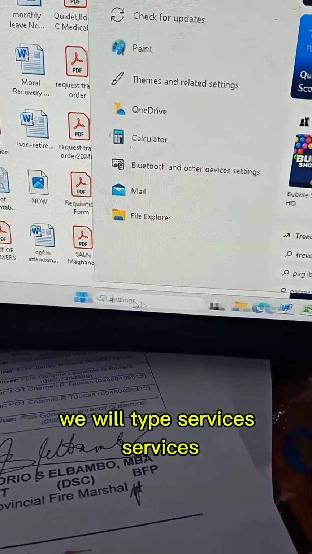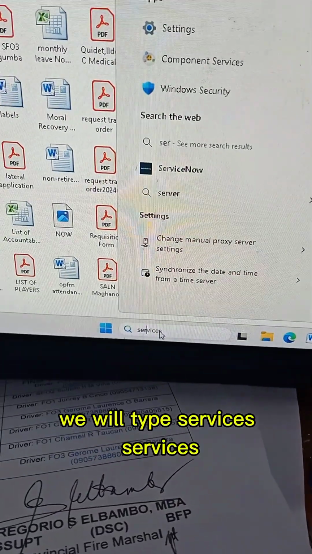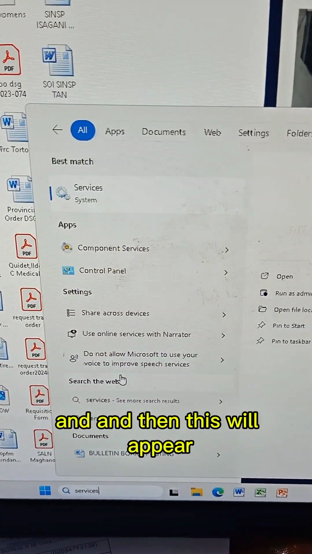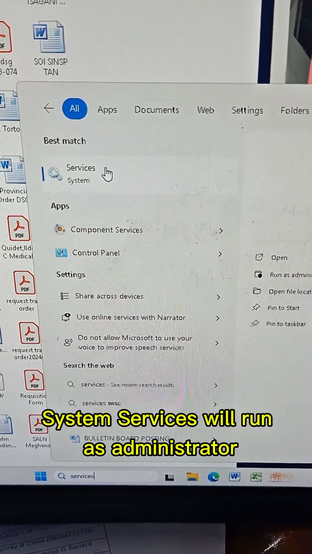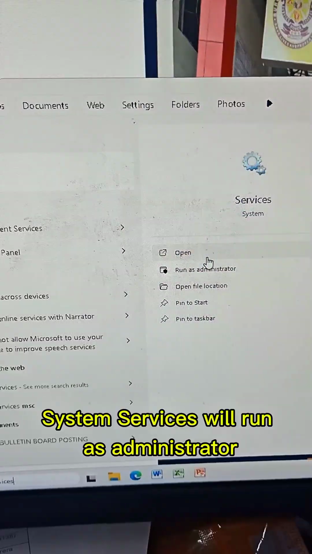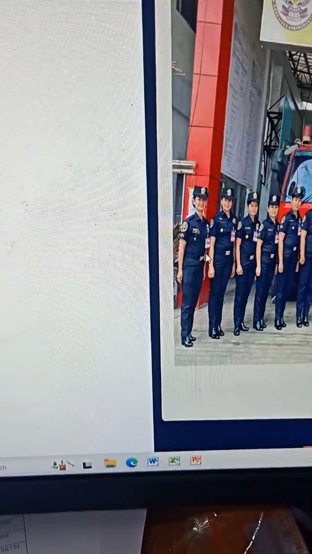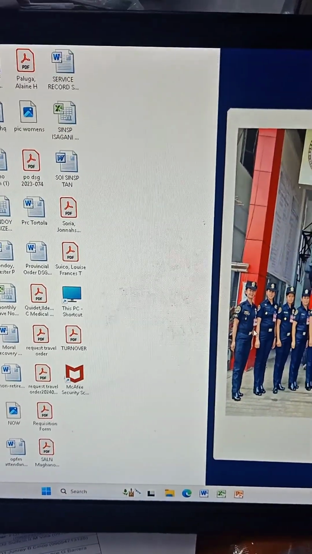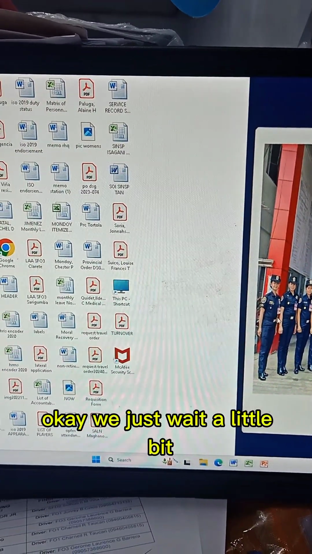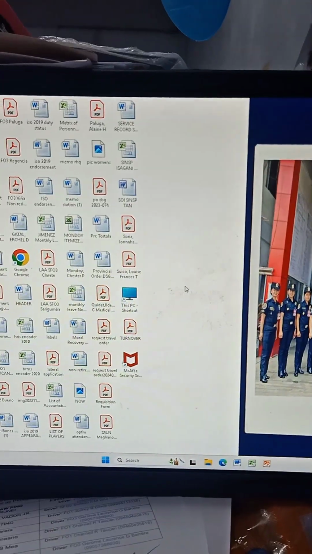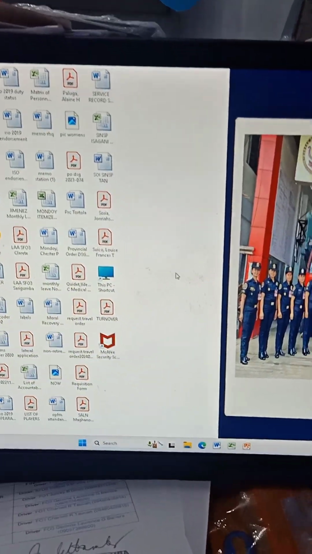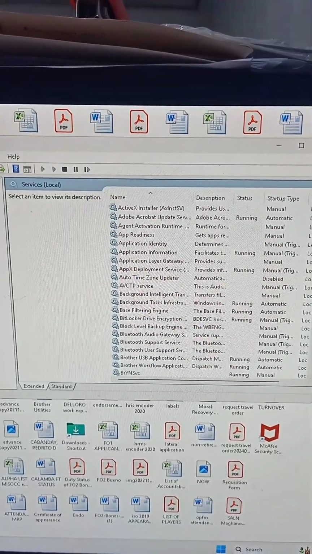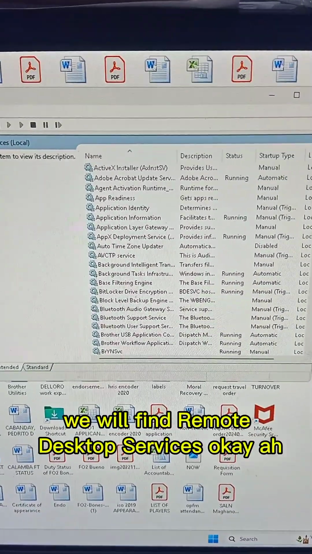We will type services, and then this will appear, Services. We will run as administrator. Okay, we will just wait a little bit. And then this will appear. We will find Remote Desktop Services.